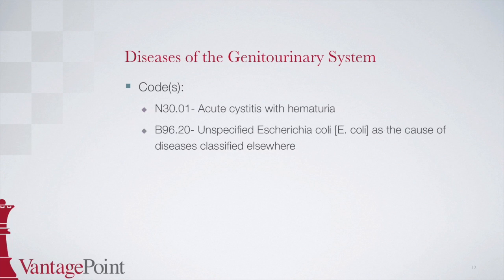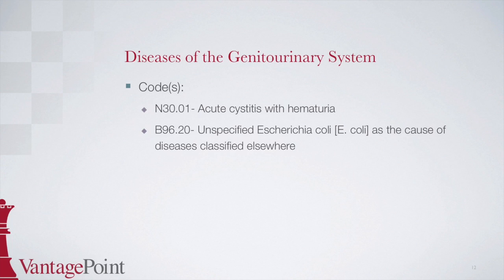The first code is N30.01, acute cystitis with hematuria. To locate this code, start at cystitis in the alphabetic index, followed by acute, and then with hematuria, which points to N30.01, which you would then confirm in the tabular. There is an instructional note under category N30 stating use additional code to identify infectious agent categories B95 through B97. Therefore, our second code is